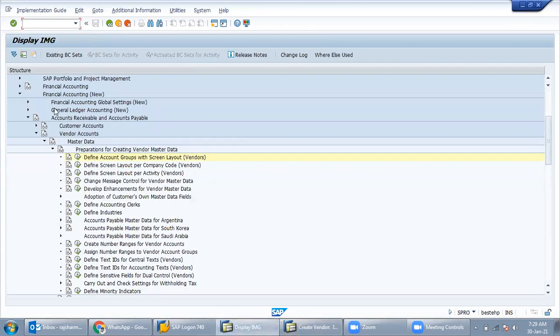Whatever is in financial accounting, general ledger accounting, accounts receivable and payable, that is the responsibility of the FI consultant. Apart from these, the purchasing organization is not related to finance, it's related to MM.